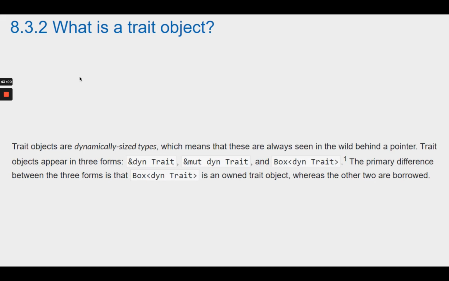Trait objects are dynamically sized types, which means these are always seen in the wild behind a pointer. Trait objects appear in three forms: &dyn Trait,